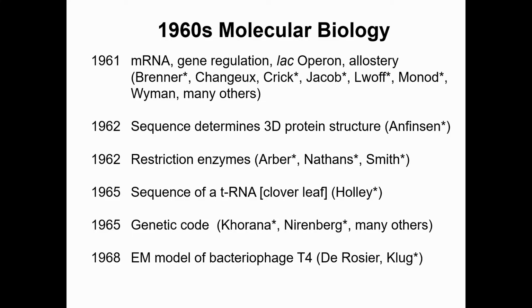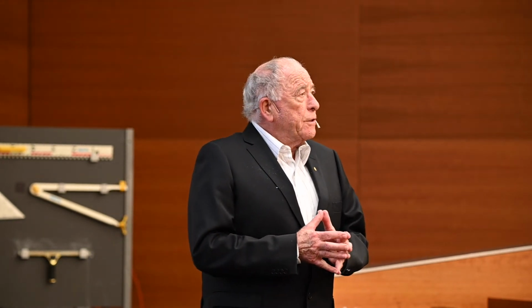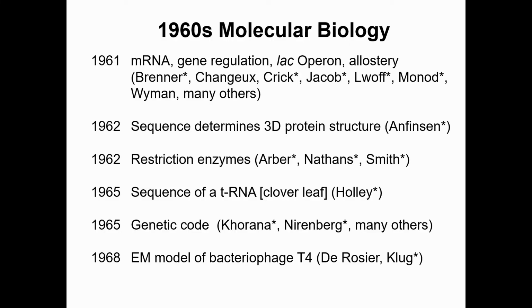What happened then in the 1960s? We have talked a lot about the messenger RNA today already. The messenger RNA was discovered at around 1960 in discussions by Crick, Brenner, Jacob, and many others contributed. And the existence of the messenger RNA as an intermediate between DNA and protein was essential to understand the regulation of biochemical reactions in our body, as represented, for example, by the lac operon, and at the same time, there was also